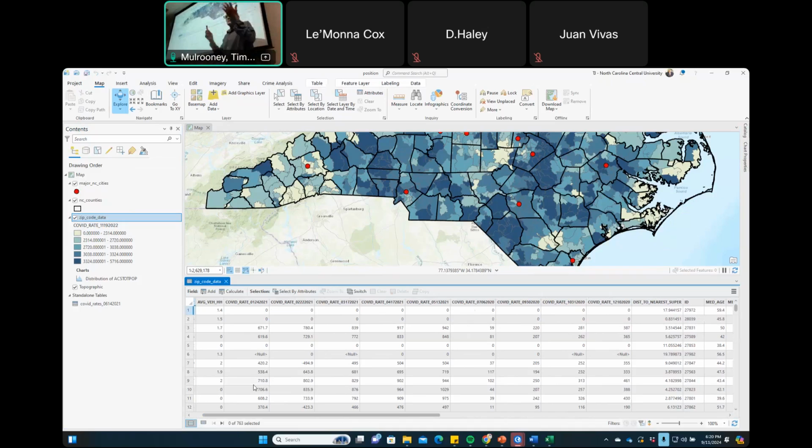I already did this, so I already kind of know the answer. And so we're going to calculate the change. Now these are rates, and this also means that these build upon each other, so you can't ever have a rate that goes down. This is the number of COVID cases per 1,000 people, and they build upon each other. So people can have it twice. In theory, you can have like 3,000 COVID cases for every 1,000 people.